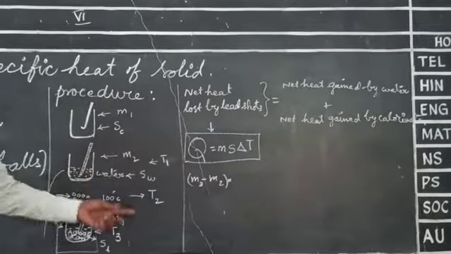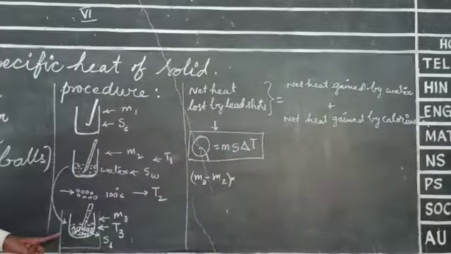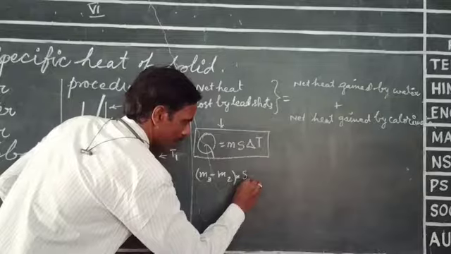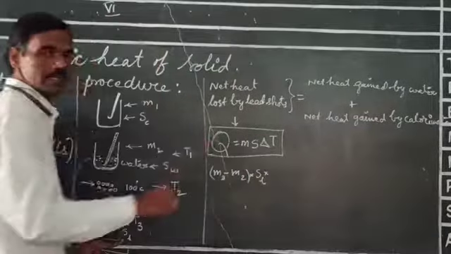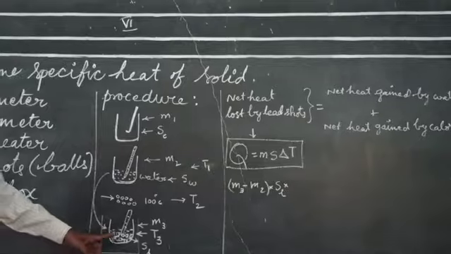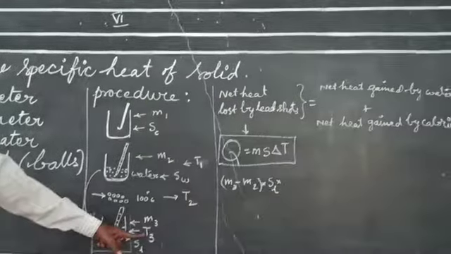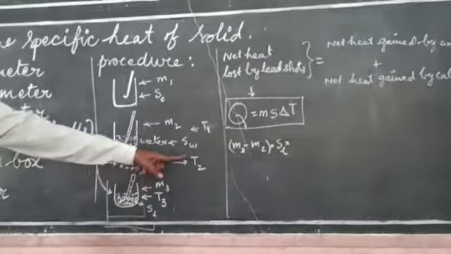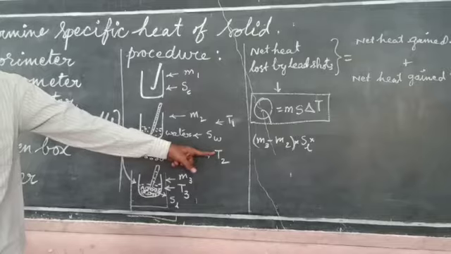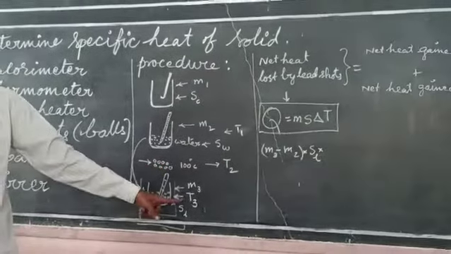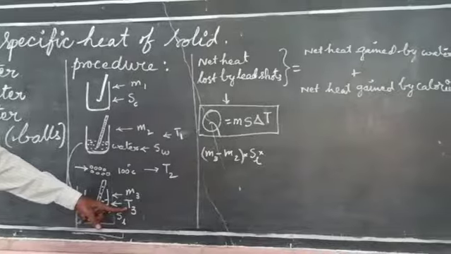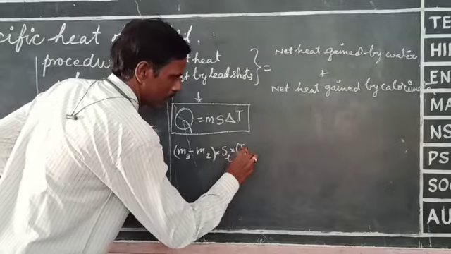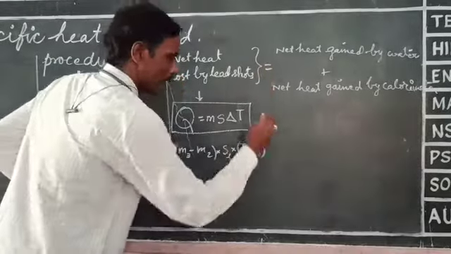M3 minus M2 into the specific heat of lead shots, which we assumed as SL. So in place of s, we can write SL, into ΔT, the change of temperature. Here the temperature of the total contents is T3 and the temperature initially is T2. This is the temperature of lead shots. After losing heat, it is at T3. So the difference between the temperatures is T2 minus T3, is equal to,